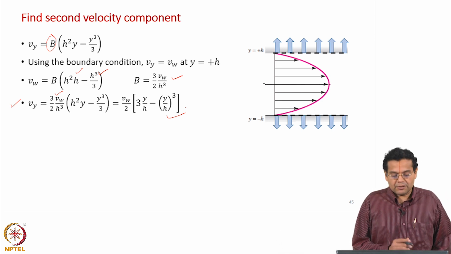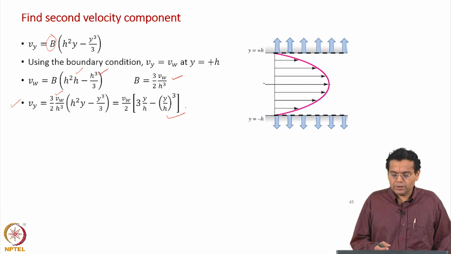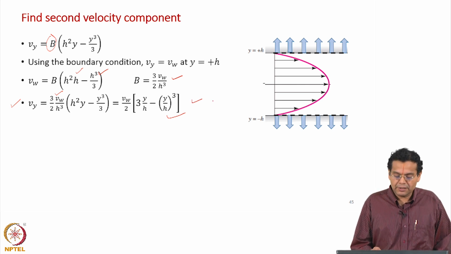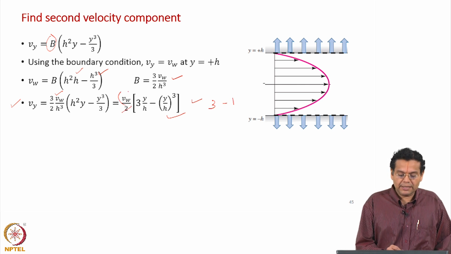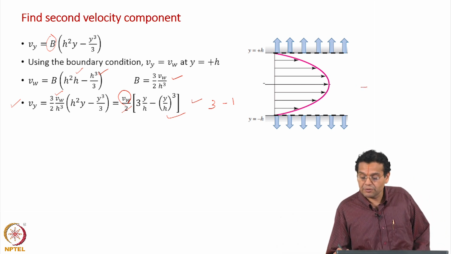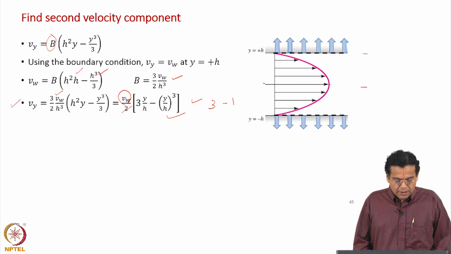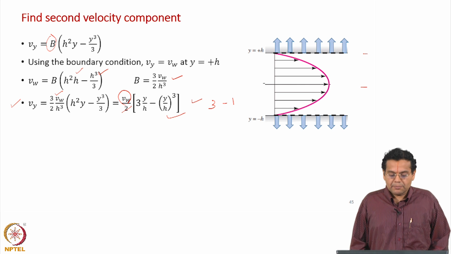Now, this velocity profile should satisfy both the boundary conditions. Of course, when you substitute y equal to 0, this becomes 0, and when you substitute y equal to h, what happens? You have 3 and then minus 1, 2, that cancels out, resulting in Vw. That is how we arrived at this. So, it should obviously satisfy those two conditions: Vy 0 here, Vy equal to Vw here. Now, the problem is solved, but